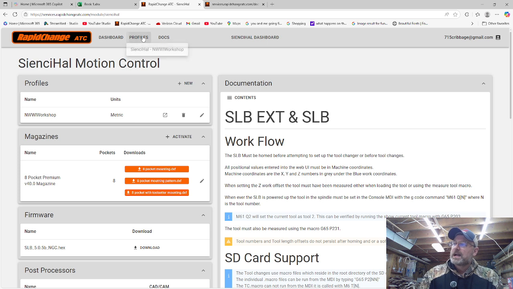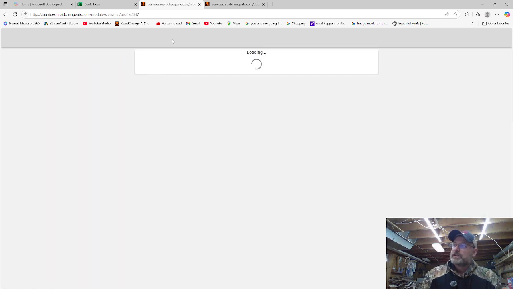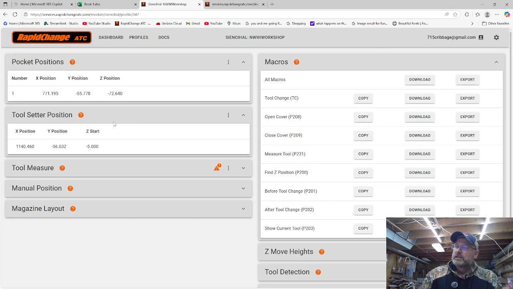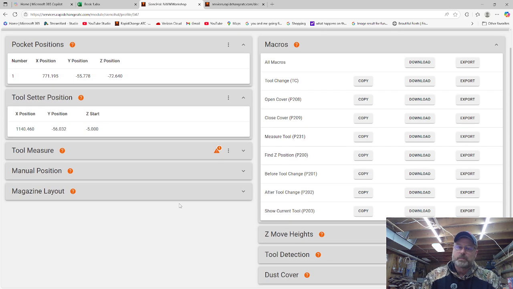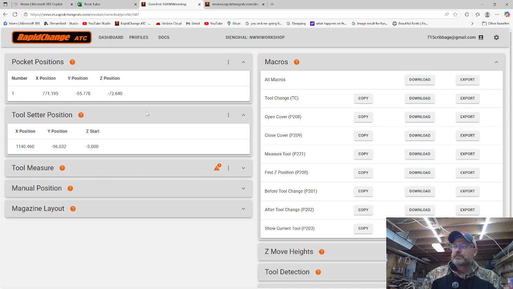The profiles: I have a profile because I have logged in here. You won't have this screen until you activate your stuff here. This is where you put all your settings and positions to create your macros from Rapid Change for your tool setting. I'm not getting into this in this video. I've done that in some other videos. The other important one here is,